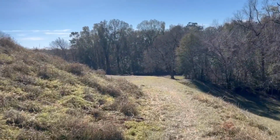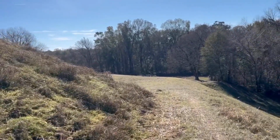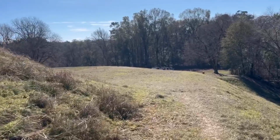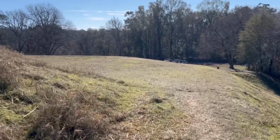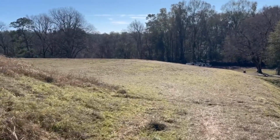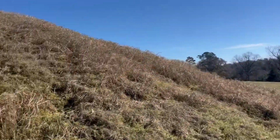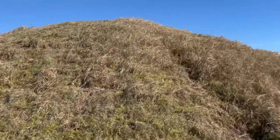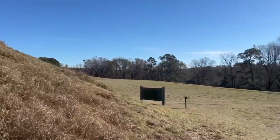Maybe we can't go up. Maybe it's just going to go back around to where we were. Yeah, oh, there's a sign that says stay off the slope. So, well, there's an idea. We circled the secondary mound. And there's all your 8 acres